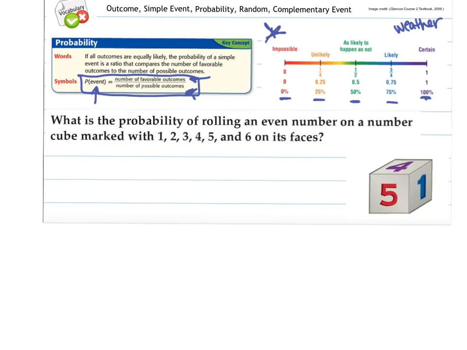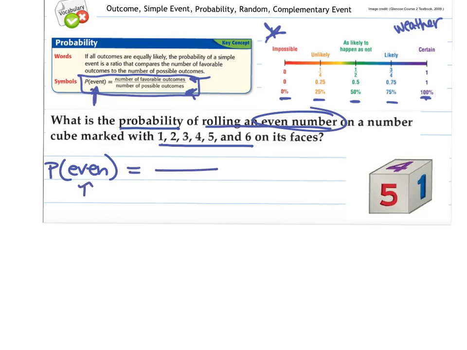So when asking, what is the probability, again, the likelihood that something will happen, of rolling an even number on a number cube? Whenever you hear number cube, they're talking about a dice or a die, if there's multiple. So we have a number cube that has digits 1 through 6. Generally, on a cube, 6 faces. So the probability of rolling an even, how we'd write this, is the probability of rolling an even. Because even, that's the event we're looking for.